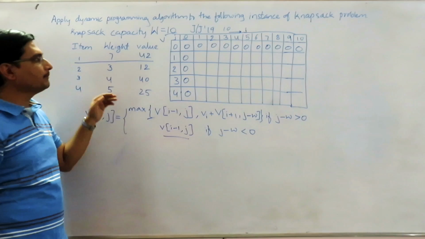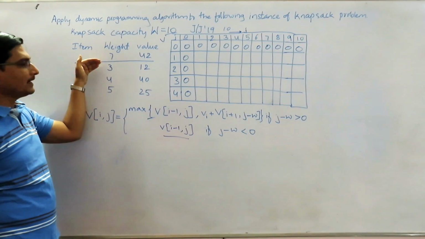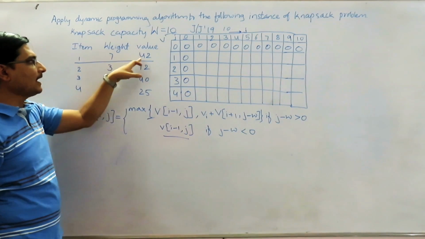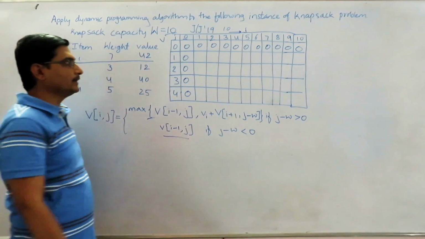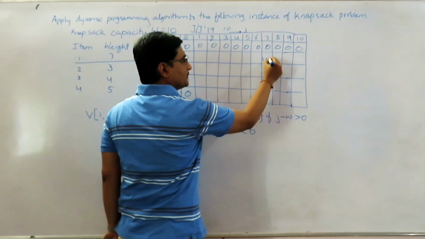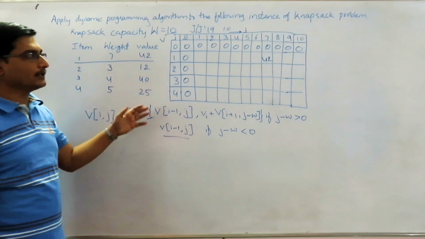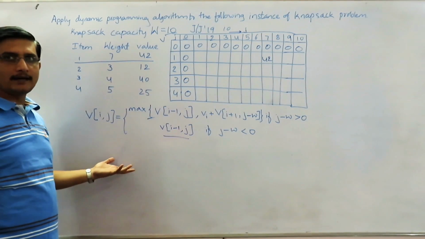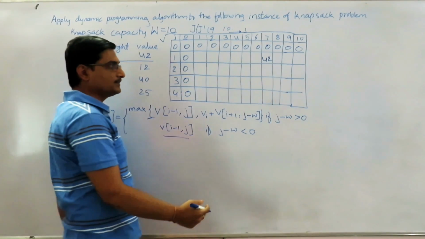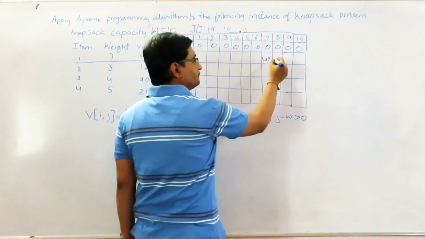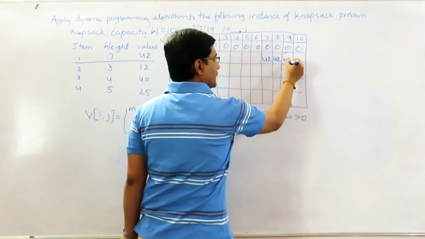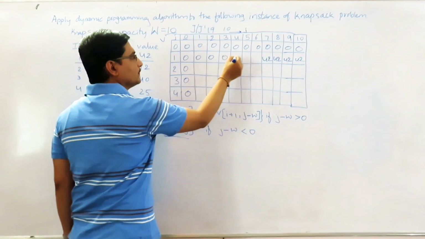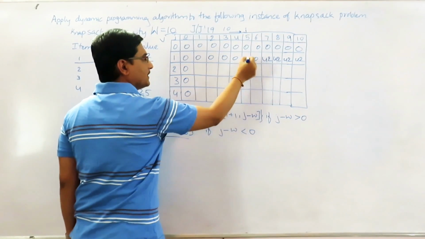When the capacity of the knapsack is 7, we can put the first object, which has the weight 7, and the value gained from that will be 42, which we are going to enter here. And we have not considered any other item, so even when the capacity of the bag increases up to 10, we cannot consider any other item. The value gained remains as it is, because this is a 0-1 knapsack problem. So it is 42 only. And for the previous ones we cannot do anything, so directly put 0 for these entries.